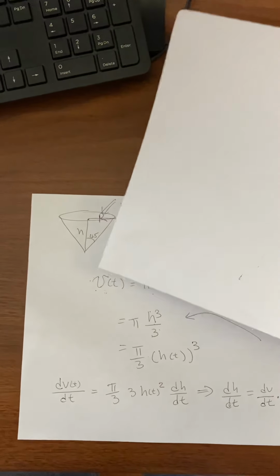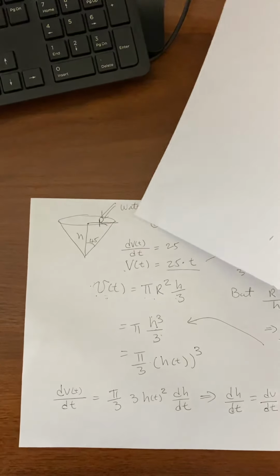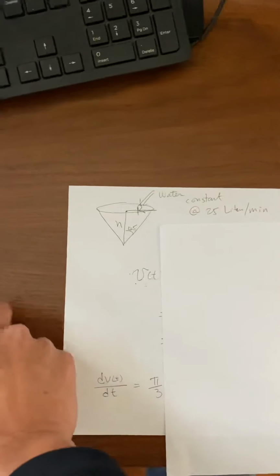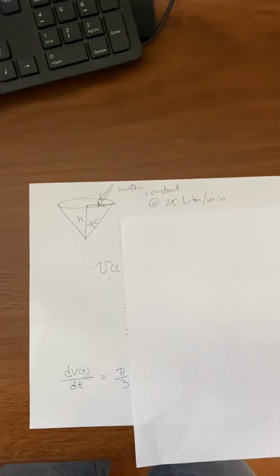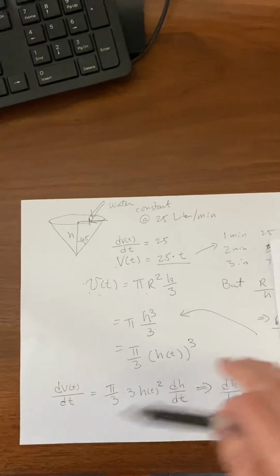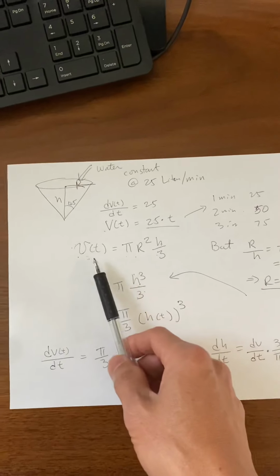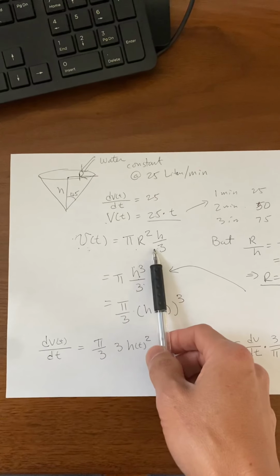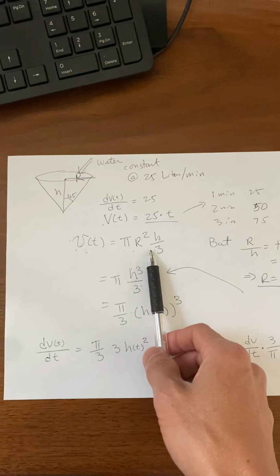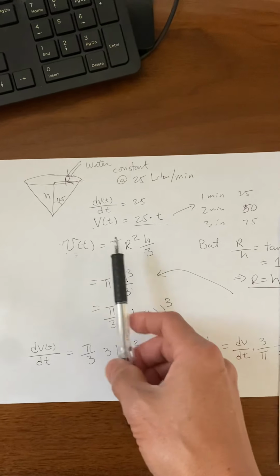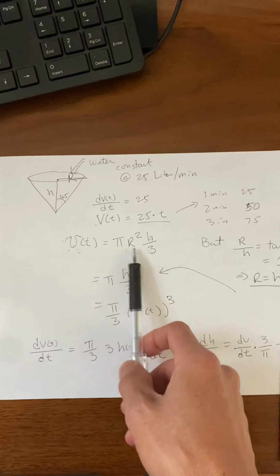Now for the volume change, you know that 25 liters per minute is the rate of change. That's equal to dV/dt, right? Now, if you want to figure out what dH/dt is, you take the derivative on both sides. Okay, that's what you want to do. So you've got to plan ahead, right? But knowing that this is the volume formula,